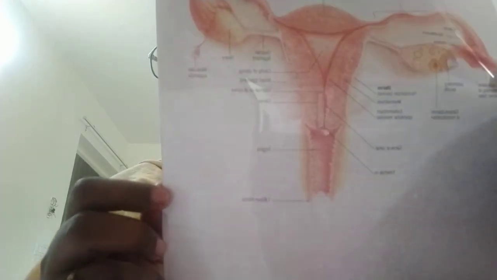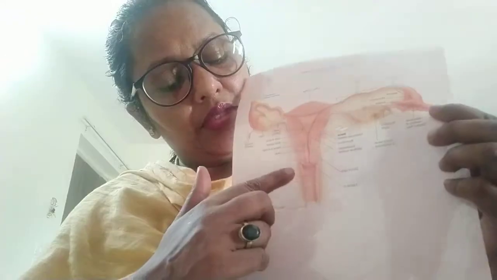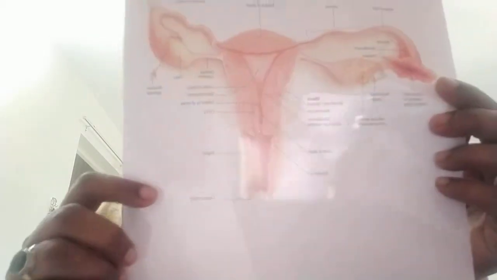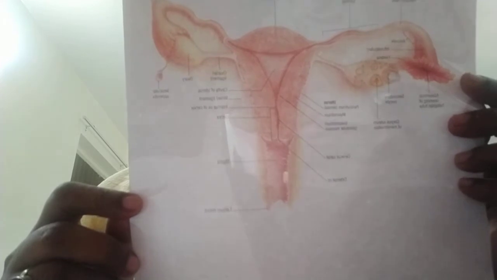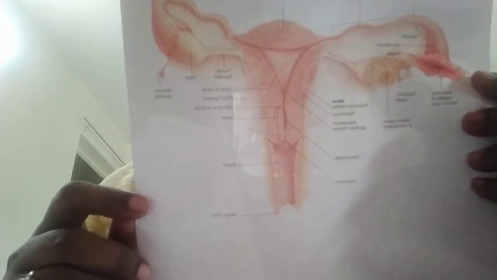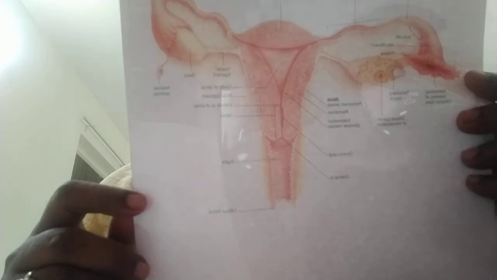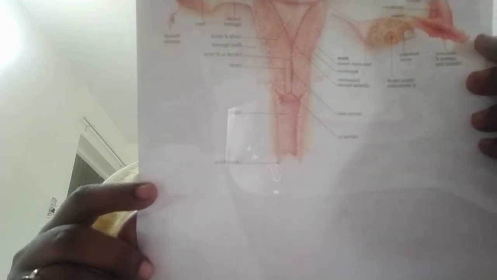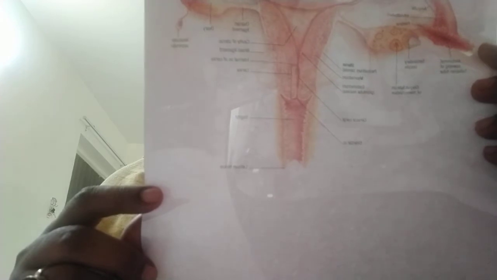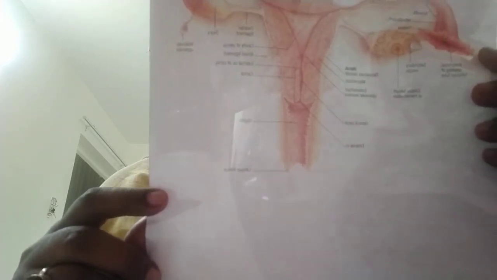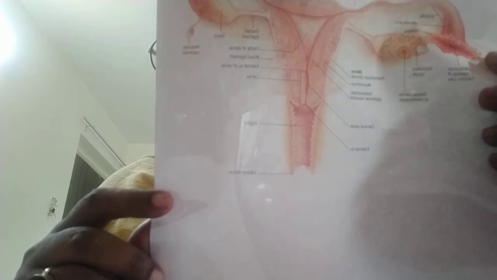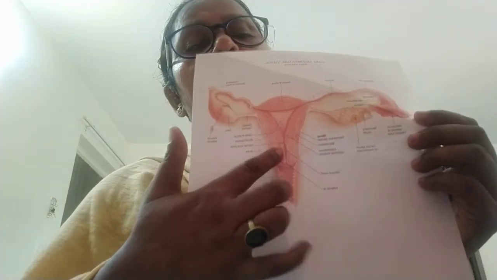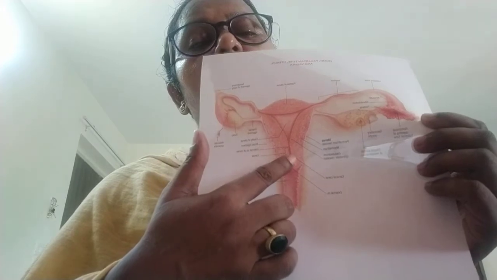Then comes the endometrium, the reddish mucous lining, the innermost layer of the uterus. The endometrium is the reddish mucous lining of the body cavity. It is 1 to 10 mm thick depending upon hormonal stimulation. It consists of lamina propria and surface epithelium. The endometrium changes to decidua during pregnancy.